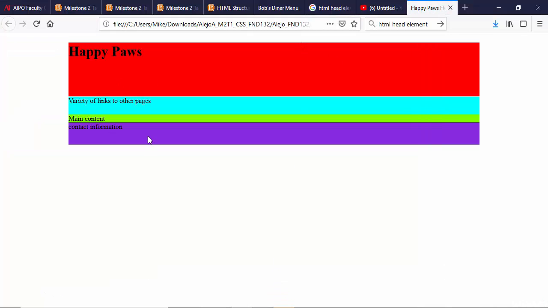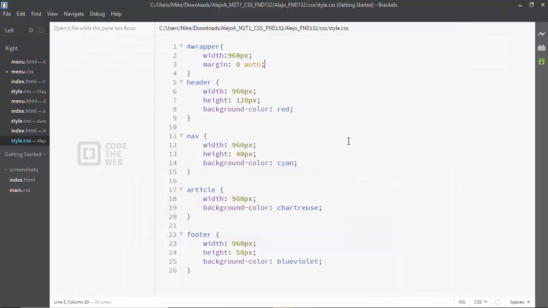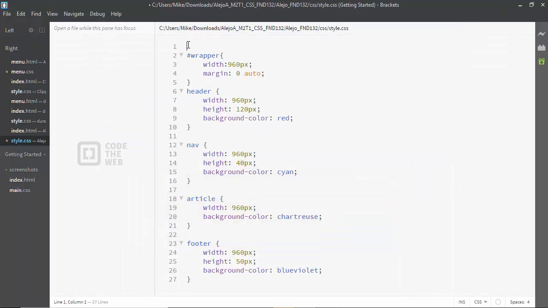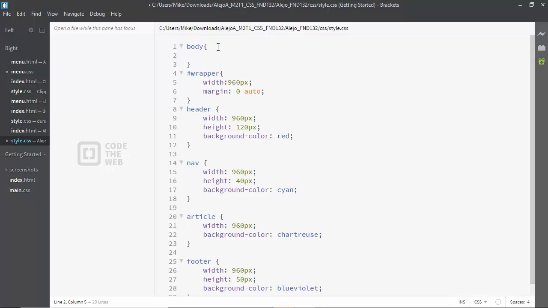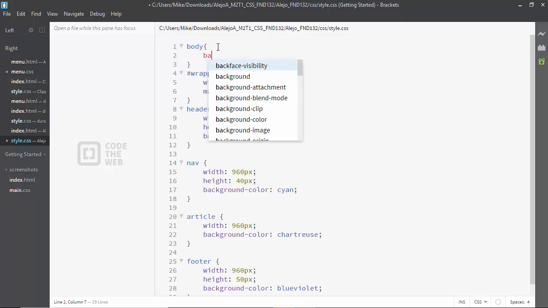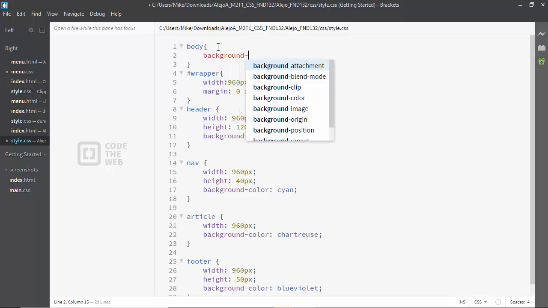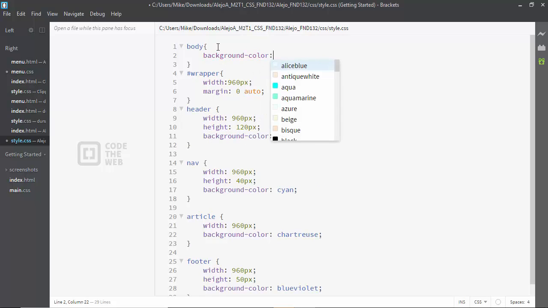So now it's centered. Now what you can do here, okay, we can also add, most people what they'll do is they'll go up and add a body tag, and that's your whole entire page. And then you can do a background color, or you can do a background image that you can repeat. Okay, so